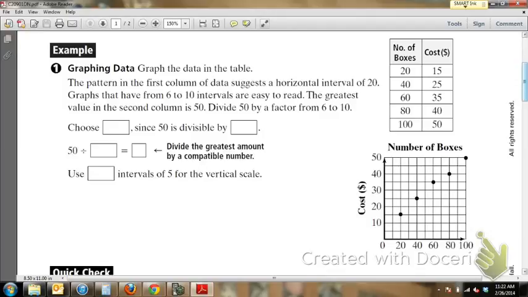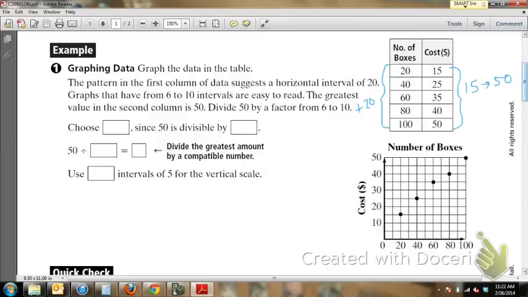The pattern in the first column suggests a horizontal interval of 20. So all the numbers on the side here go up by 20. Graphs that have from 6 to 10 intervals are easy to read. The greatest value in the second column is 50. So I know that when I set up my vertical axis, I need to go from 15 to 50 when